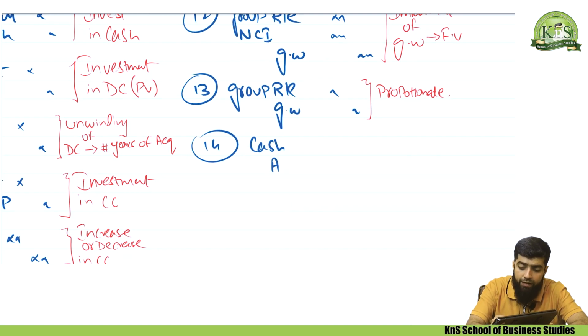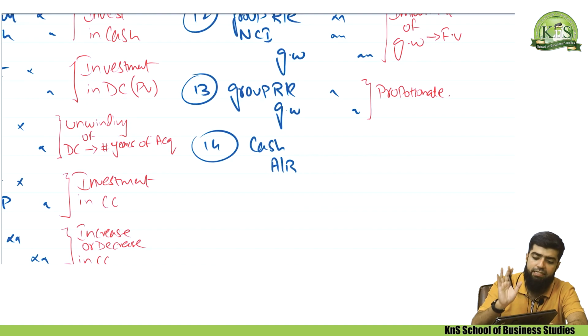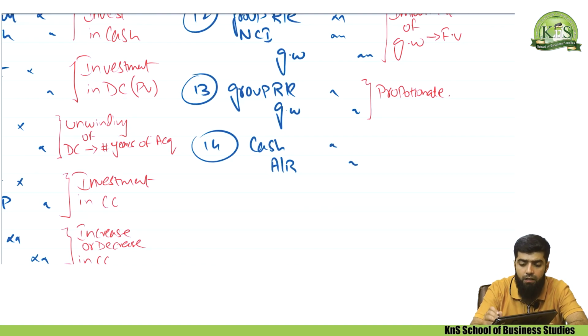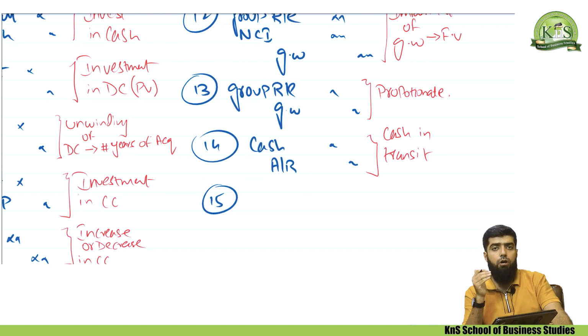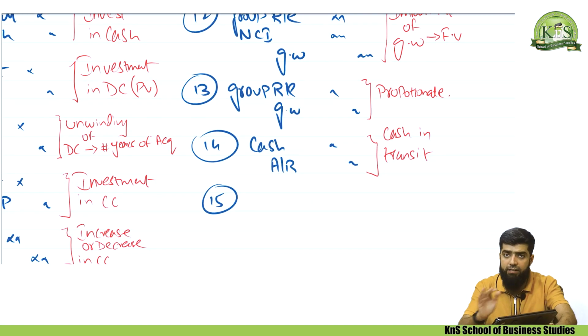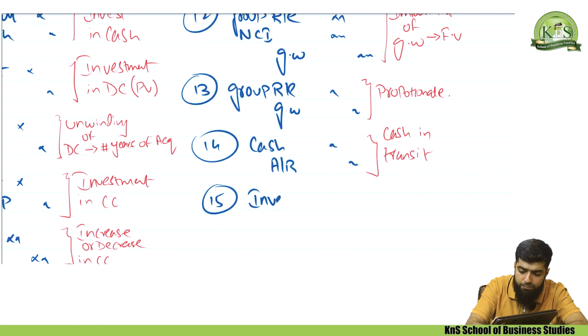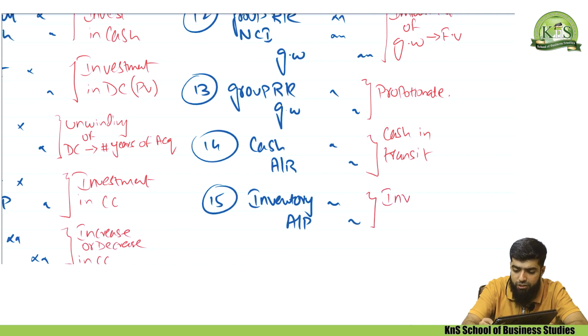So we'll be assuming that the cash has been received. So cash debit and account receivable credit, this adjustment will be made, and that adjustment is related to the cash in transit. There could be another adjustment, that is the inventory in transit. For example, the parent company dispatched inventory to the S company, but the S company has not yet received the inventory. So an adjustment will be made, that is inventory debit and accounts payable credit. That is the adjustment for the inventory in transit.